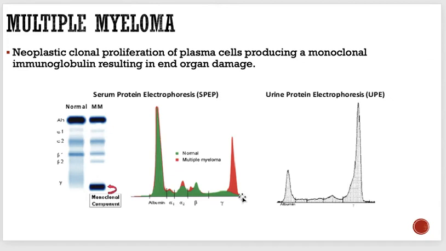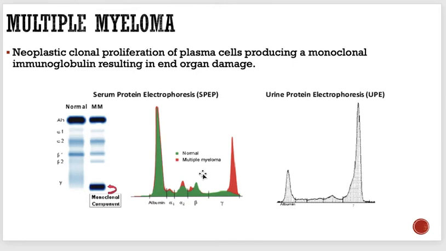If you understand this, guys, it will be easy for you to understand what is MGUS, what is multiple myeloma, and one more thing we will study called Waldenstrom macroglobulinemia. Okay, this is what happens in the patient with multiple myeloma. Usually it is a single clone of plasma cells. Rarely it could be biclonal.